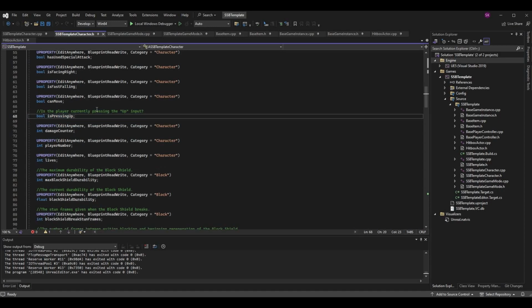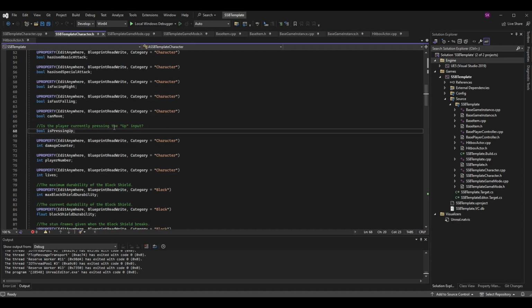This is a boolean that determines if the player is pressing the up input. It doesn't need to be a UPROPERTY like a lot of our other variables because it doesn't need to be tracked in the blueprint. This will allow us to check when we press the special attack input if we are pressing up, and if we are, then we want to perform our recovery move instead of the actual standard special attack. That is all we need for our variables in this episode,